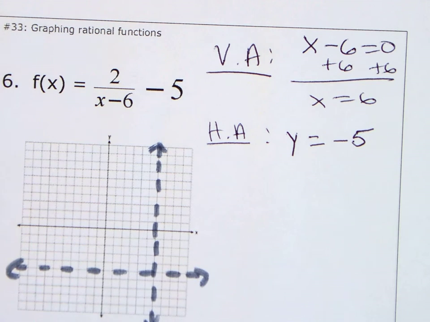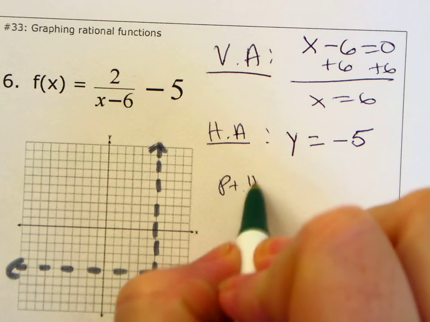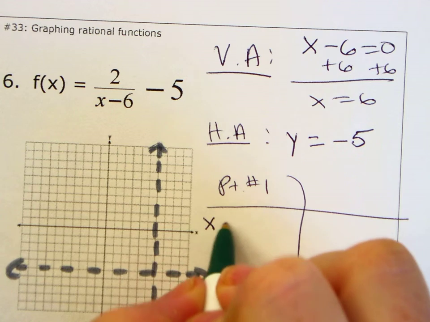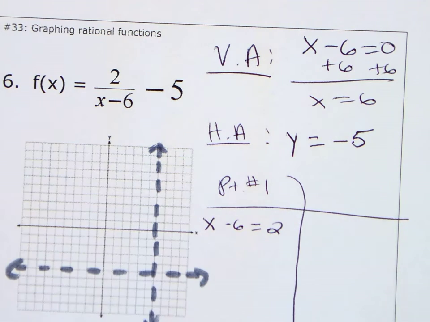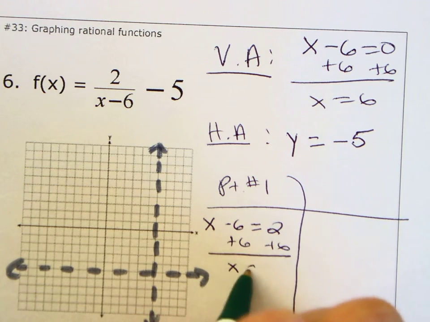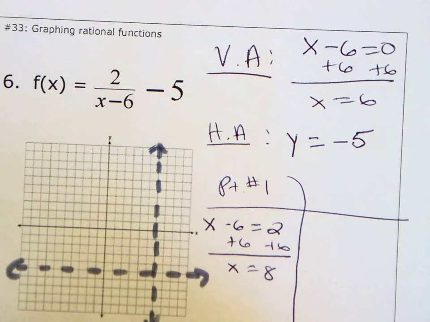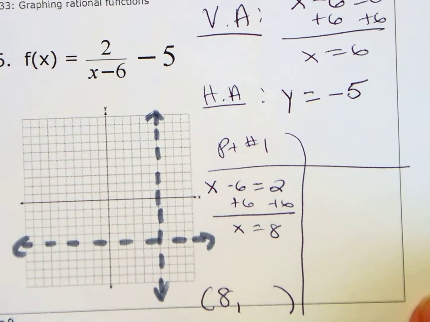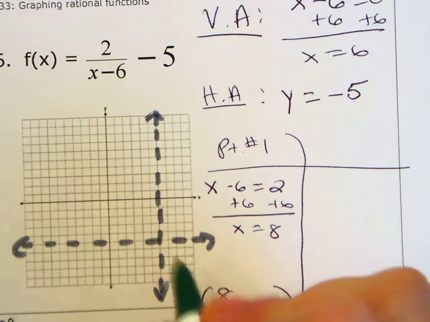All right. Point number 1. How do we find point 1? Set the denominator equal to the numerator. X minus 6 equals 2. What do you get? 8. 8, comma. Now we have to plug in. Be careful with your plugging in. 2